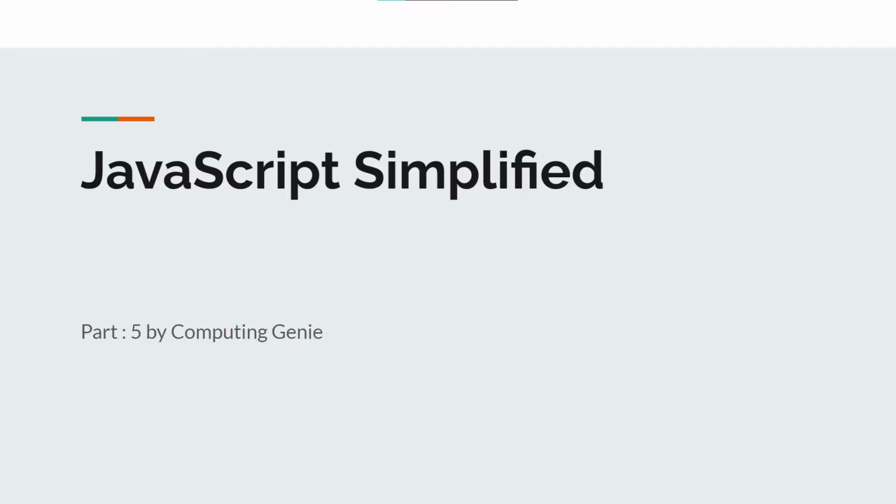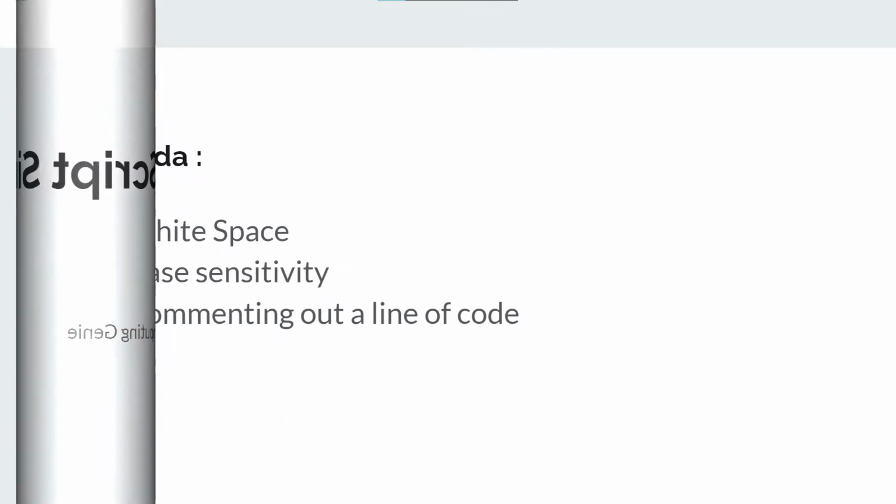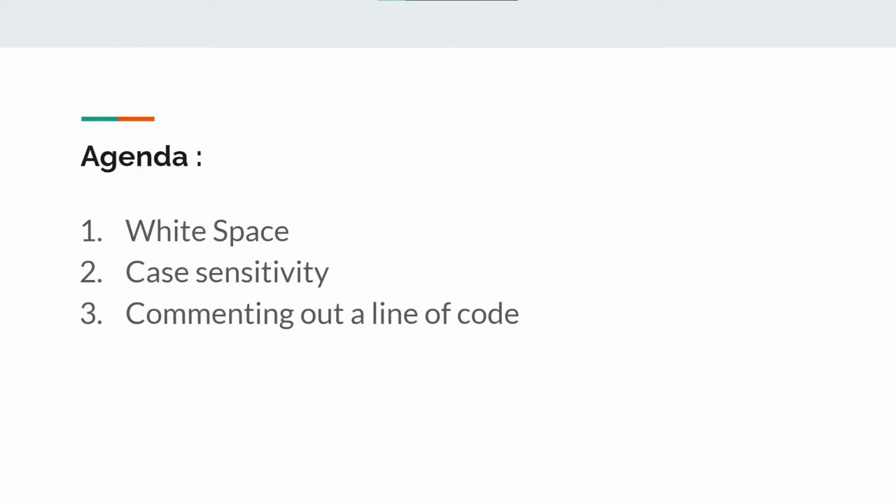In this video we'll be learning about how to format our code in Visual Studio Code and looking at different methods and ways to keep our code clean and free of error. So we'll be looking into what a whitespace is and how it might be useful. We'll also be looking into case sensitivity and commenting your line of code. So let's open up Visual Studio Code and take a look at whitespace.